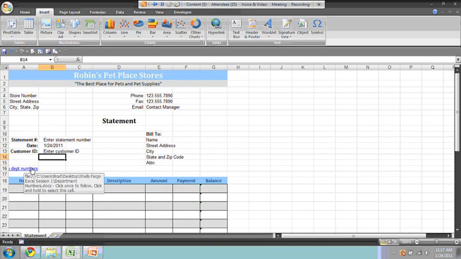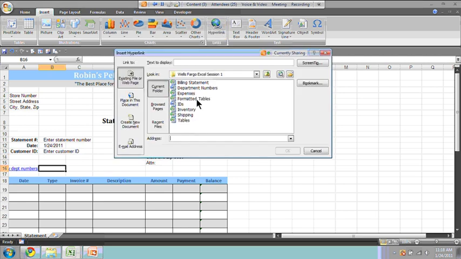A few other things that you can do with hyperlinks is if I go back to inserting another hyperlink, over on the left-hand side is where I can put in an existing file or web page. So I went through and I grabbed this Word document. If you want, down at the bottom, you can actually just type in